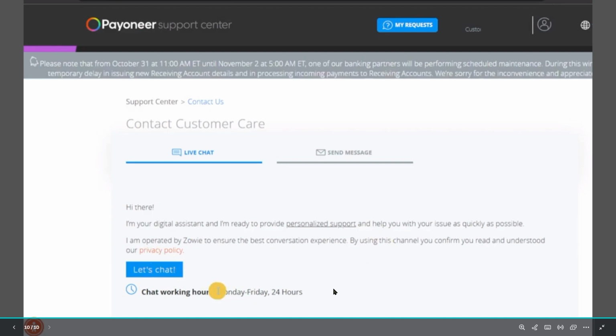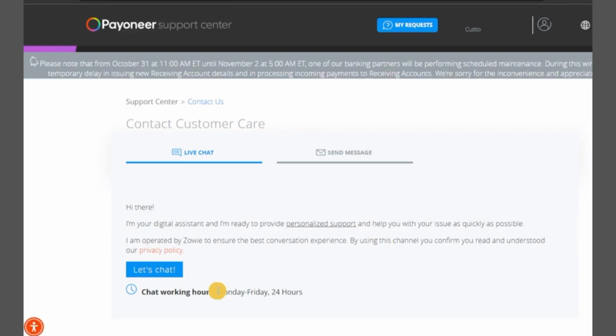Live chat typically runs 24 hours Monday through Friday, and responses can be slower on weekends. Provide accurate information, stay courteous but persistent, and upload any requested files promptly to avoid delays. Once your information